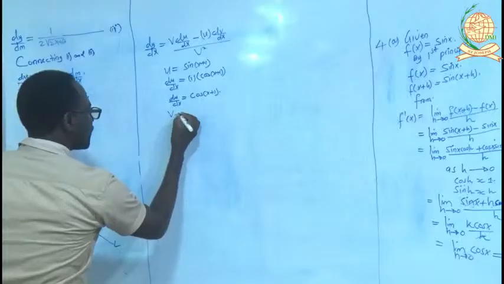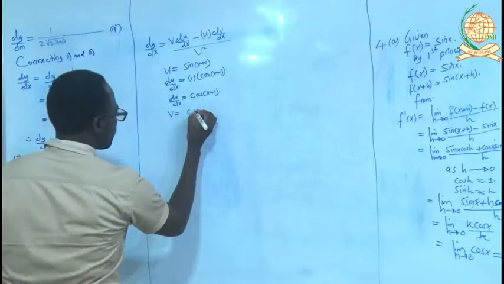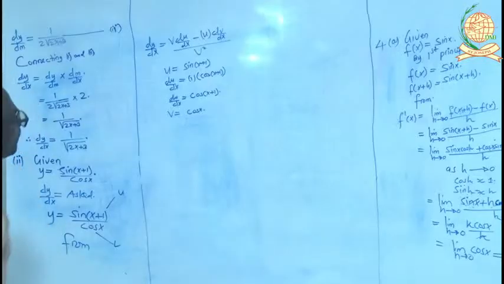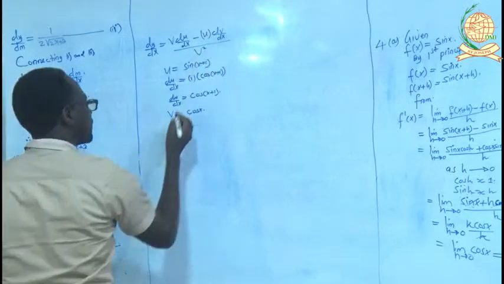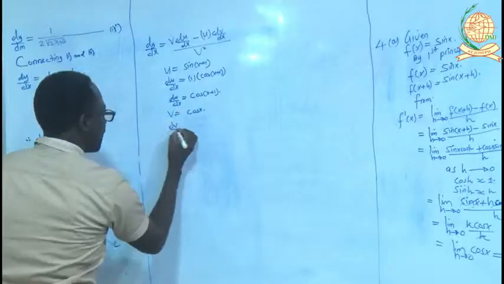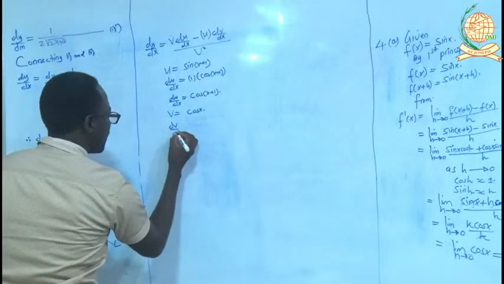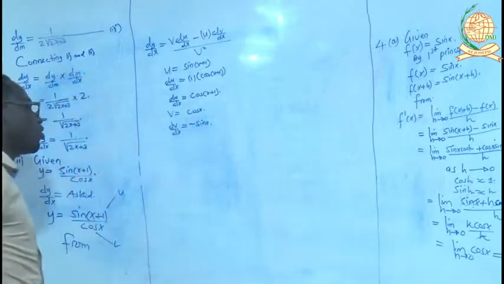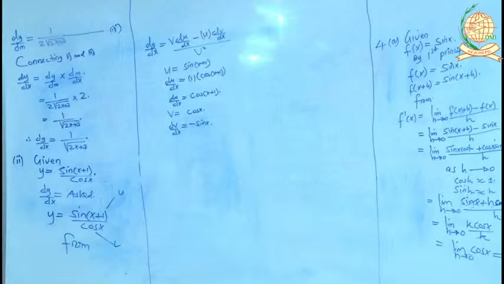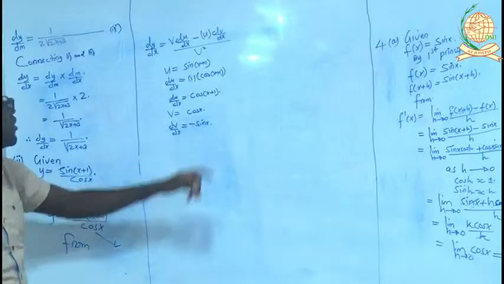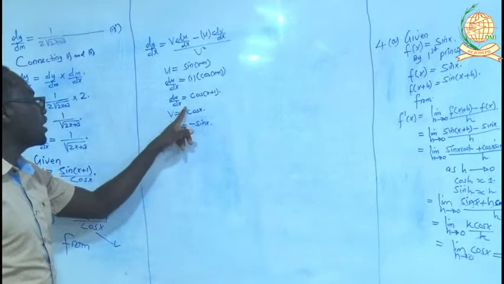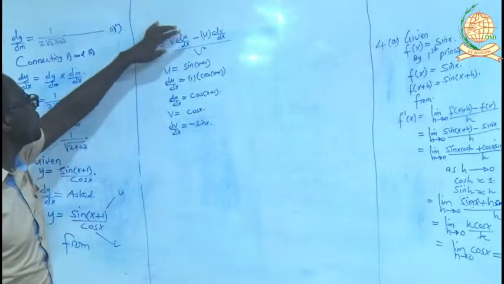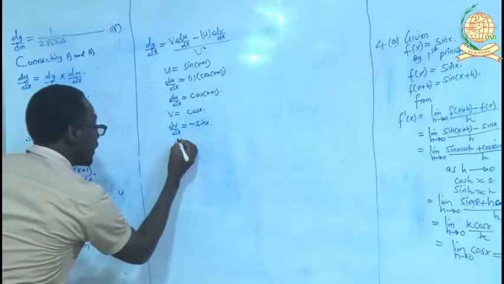Again, from v equals cos of x, find dv dx, this one here, dv over dx, this is equal to negative sine x. Derivative of cos is negative sine. Now take dv dx as negative sine x, du dx as cos of x plus 1 to the formula to get dy over dx. So then